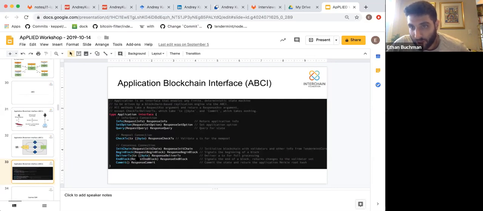Then we call end block, which is only important for the response, where the response can contain updates to the validator set. So with every block, the application can decide to change the validator set for the next block. And then finally, we call commit, which tells the application, we're done with this block, actually persist it to state, and return to us the new Merkle root of the state. And so with that new Merkle root, the application has persisted the state. It's computed a checksum